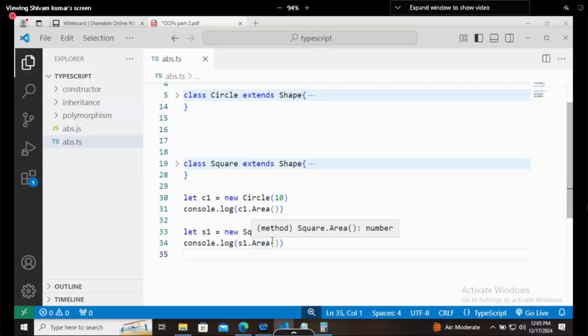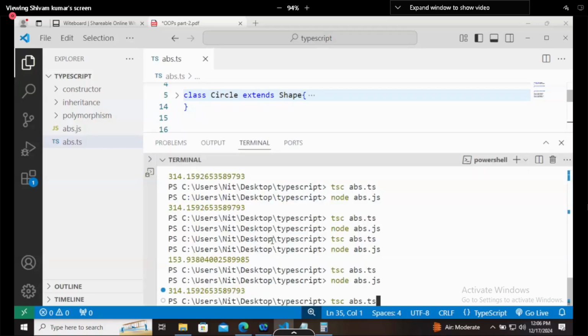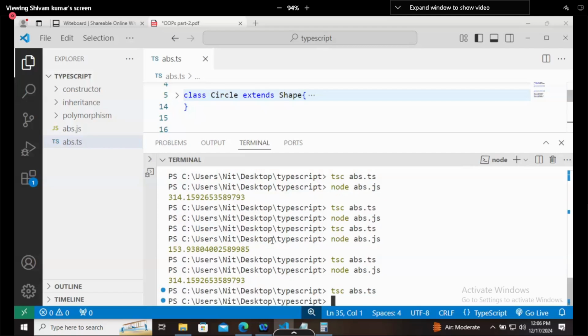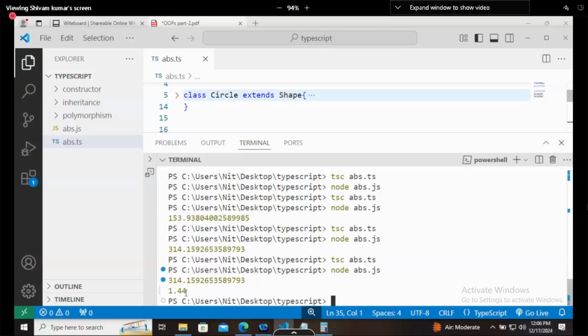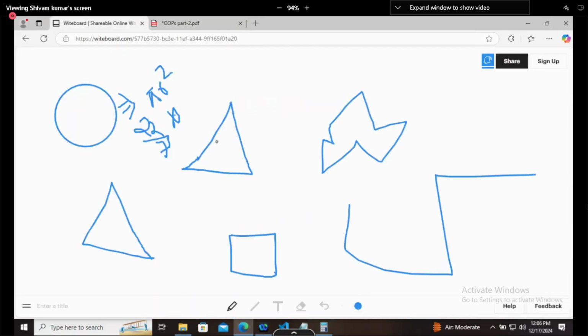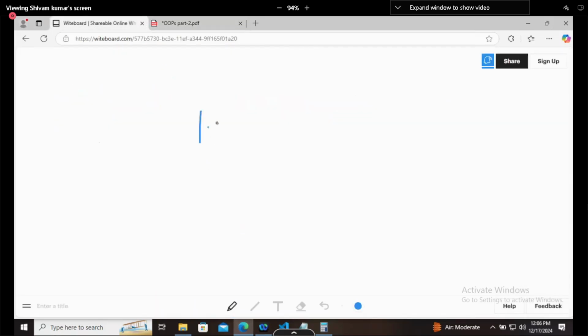It will be 1.44. Right? The case is simple. You are trying to multiply 1.2 by 1.2, and someone said 14.4.